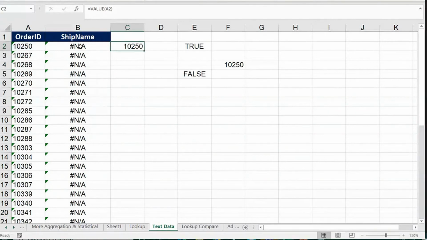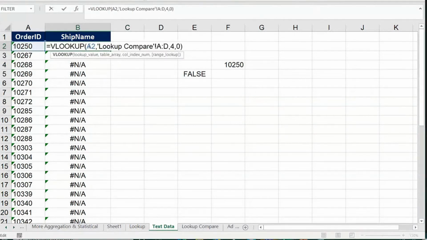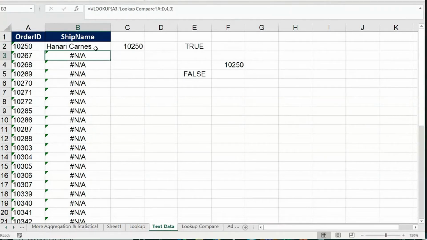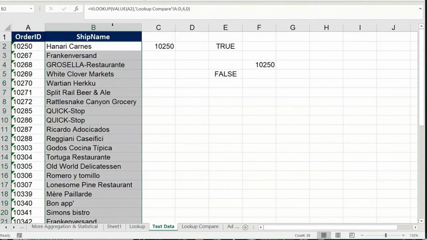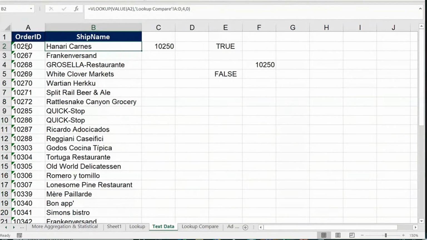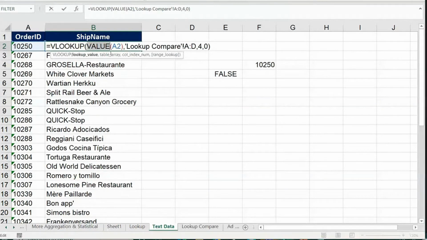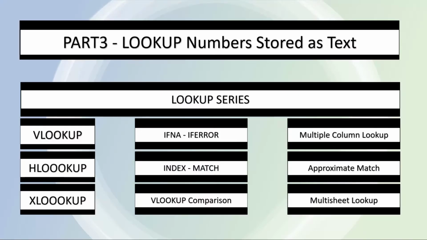So what you can do here is tell Excel, don't look up A2 as it is, please get the number value of A2, and then bring up the information. See how wonderfully this works. Don't you see that this is a wonderful add-on? Guys who have been using the manual way of correcting the formats, don't do it in future. You can just do it with a function. It's value-added information to solve this kind of problem in Excel. And this is how we look up numbers which are stored as text.